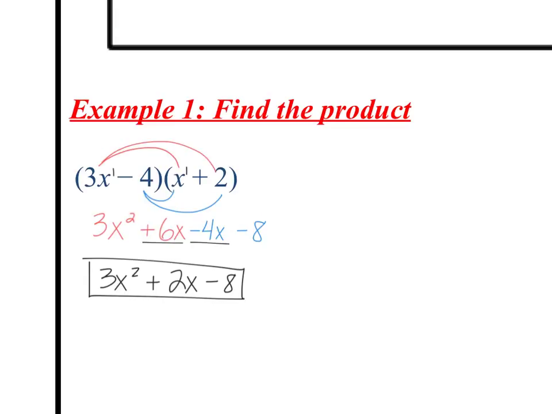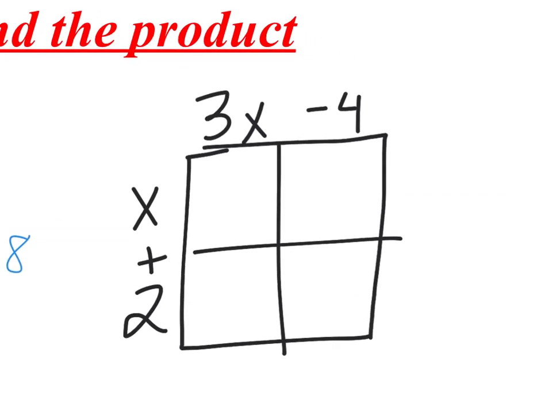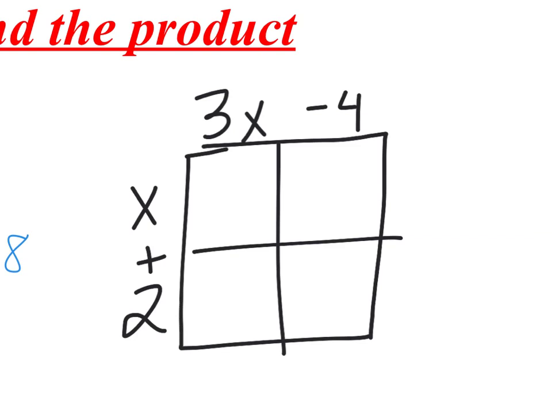You have two binomials multiplied together, so that means that you'll have a 2 by 2 box, because they both have two terms. Up here, I can put 3x and negative 4. Down here, x and positive 2. I want you to go ahead and at least pay attention to this method. Decide if you like it. I would even recommend you write it down just in case for the future. And then you would multiply just like we did when we distributed. This would be 3x squared, negative 4x,